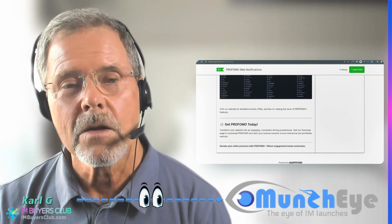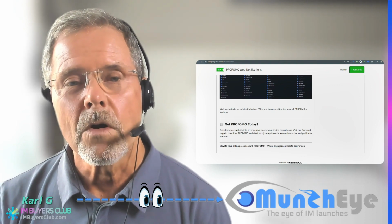To get the same as the front end for free and the same as the OTO1 for a very small